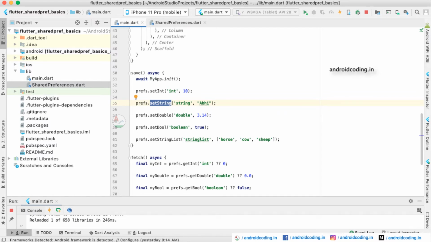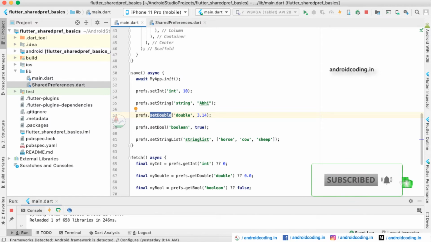For integer, setInt; for string, setString; for double, setDouble; and likewise boolean, string list, and so on. Whenever you have one or more strings, you can use a string list, where you can add multiple strings and store them.